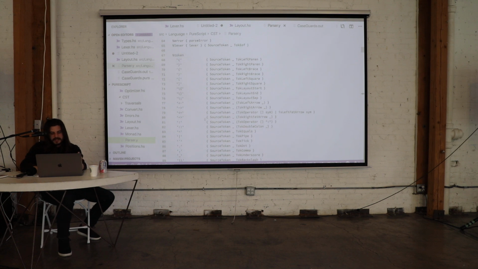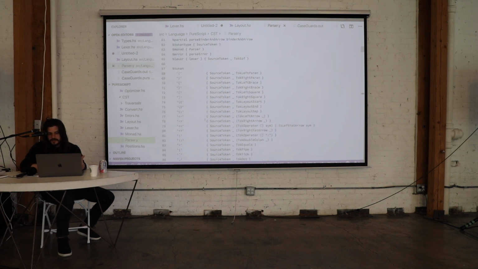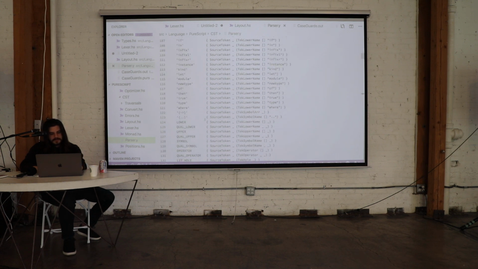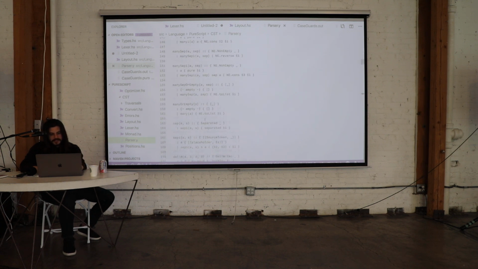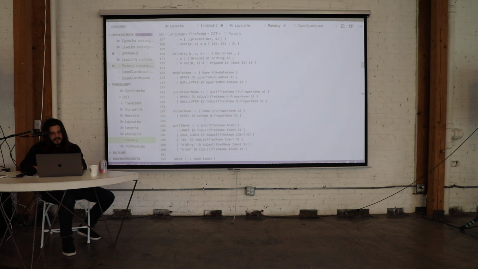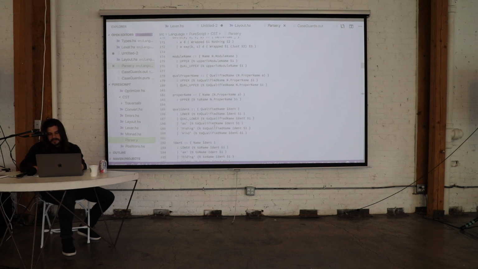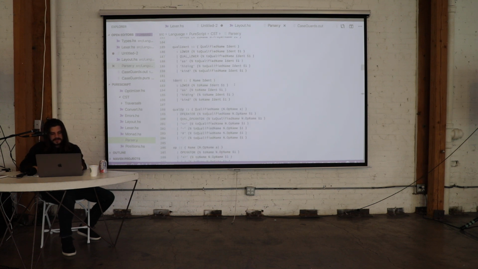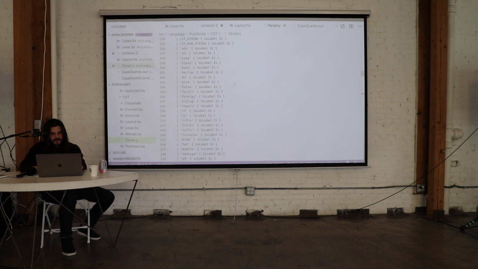And so a lot of it's boilerplate. Like this just tells you what the tokens are and how to actually match on those tokens in the stream. And there's some boilerplate utilities, and again some boilerplate conversion things. So like an identifier, we convert that to a specific data type. And it gets more interesting